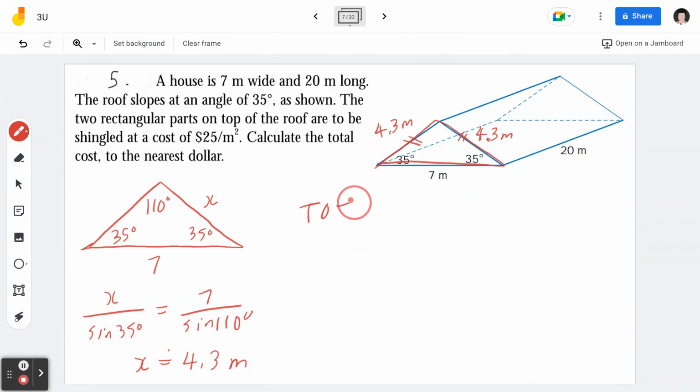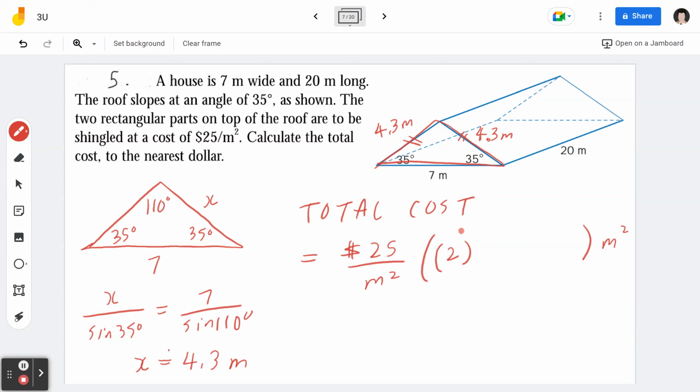You know the cost is going to be $25 per meter squared. And we need to find the area. There are 2 of these. So 2 times the area of each side, which is basically length times width, which is going to be 4.3 times 20. So again, you can grab a calculator. I'm going to work it out with you. 25 times 2 times 4.3 times 20. It's going to be, roughly speaking,